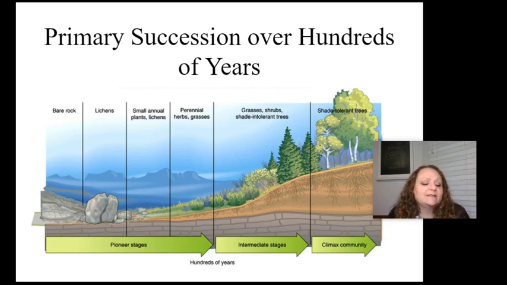Well, the first thing that's going to happen are the pioneer stages, where the pioneer species move in. So things like lichen are going to move in and they're going to start growing on that rock. Lichen are actually going to use their little fungal hyphae to break apart the rocks that it's growing on. That broken down rock and the dead lichen bodies, because eventually they die after a while, is actually going to start producing the first soil.